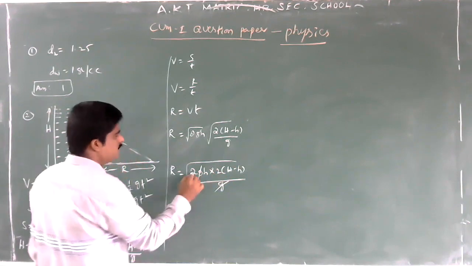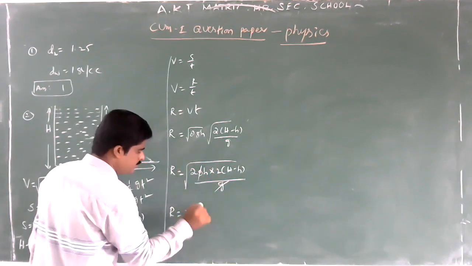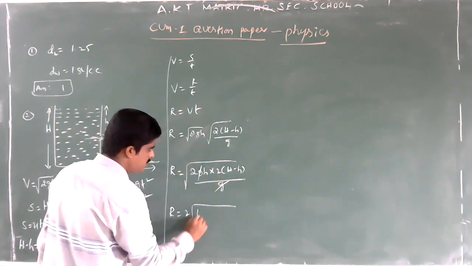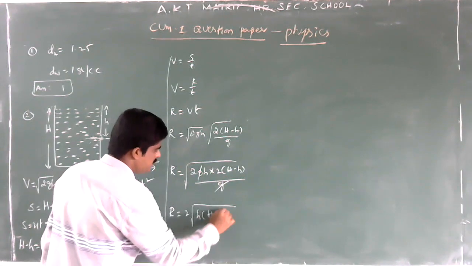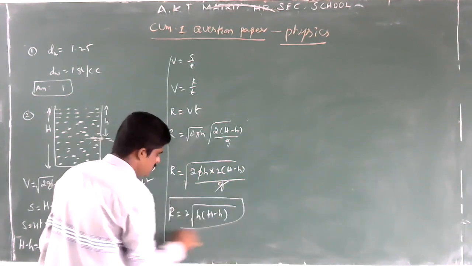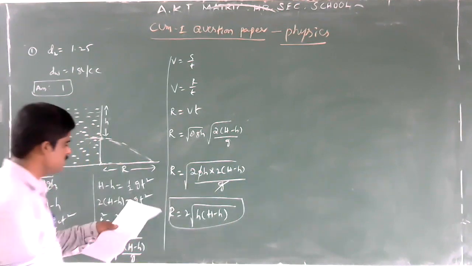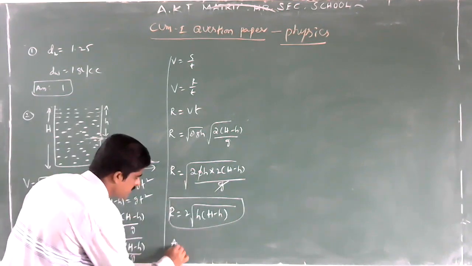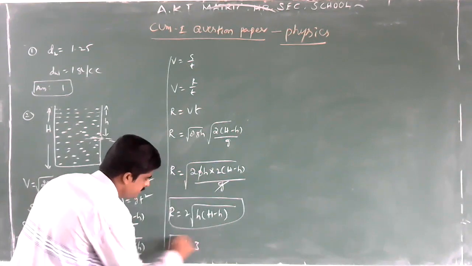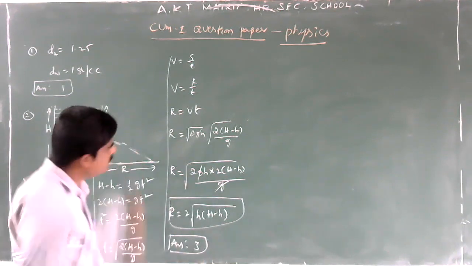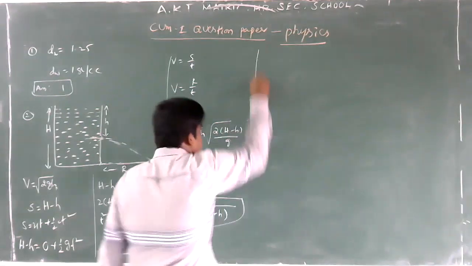Remaining r is equal to 2, that is 4, square root of 4 is 2, remaining 2 square root of h into capital H minus h. So this is the range or horizontal distance traveled by a liquid. So which option is correct? The third option is correct. So the answer is third. Third option is correct. Next,